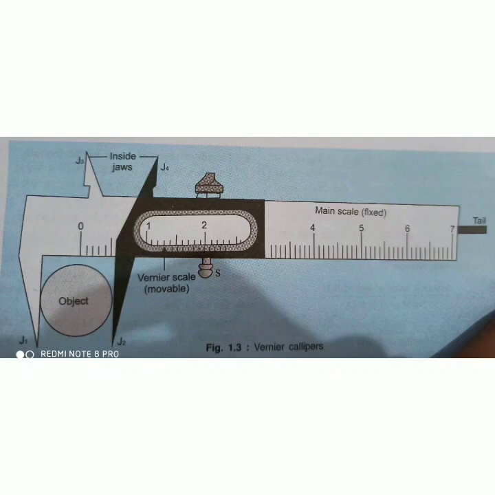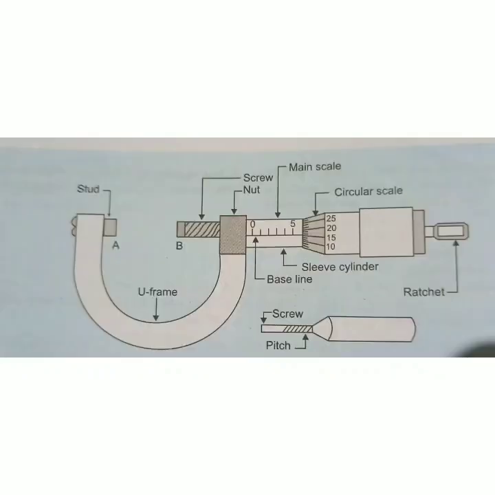Now our next topic is the screw gauge. Student, again our next important topic is the screw gauge. It is an instrument used for measuring the diameter of very thin wires or similar objects, like a pencil, our hair, and the thickness of paper. Its accuracy is up to 0.001 cm and it is commonly called the micrometer screw gauge. The screw gauge is also a very important theoretical part in your book. No question will be asked in the board examination and there is no question in your syllabus. So, student, this is a very important theory part in your book.